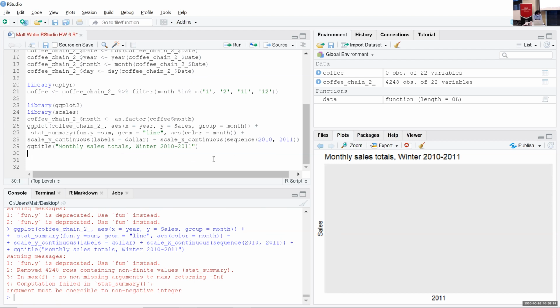So the stat summary failed. Find y equals sum, geom line, aesthetic color equals month. Okay, so let me pull up my